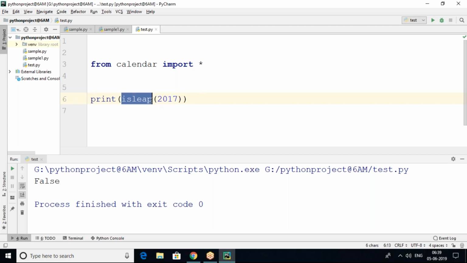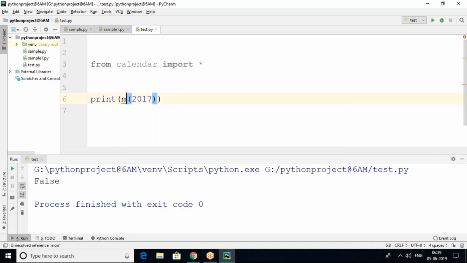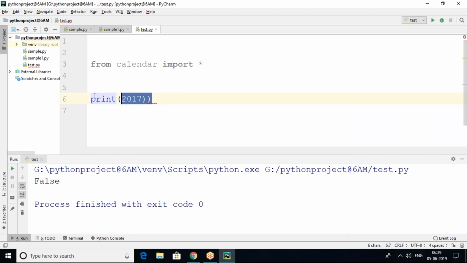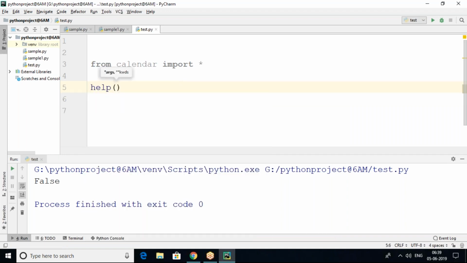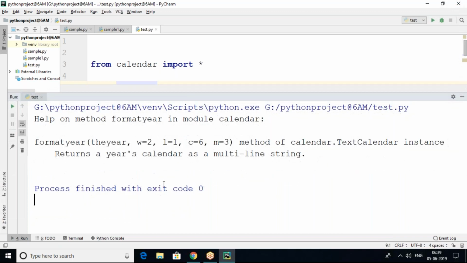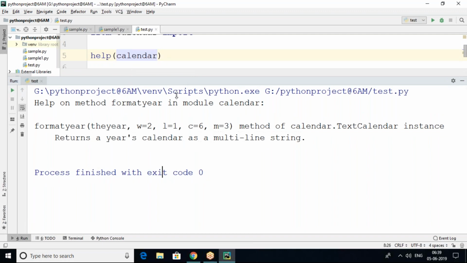Next, there is a function with which we can get some values. Just wait, I'm going to use the help function. Help calendar, so that you will get complete information about the calendar.